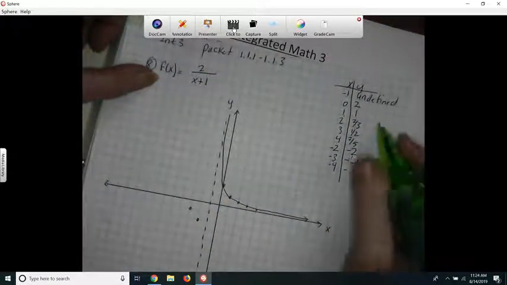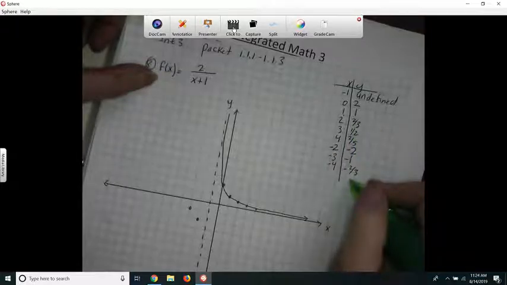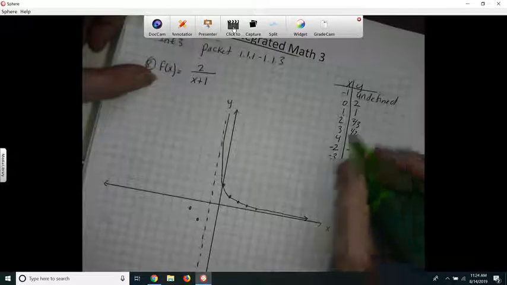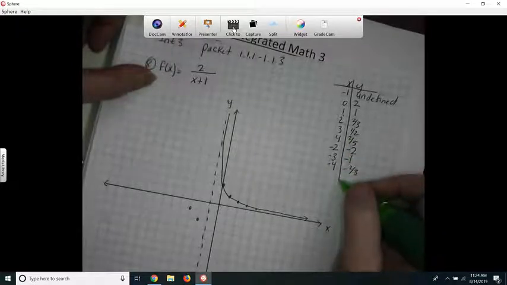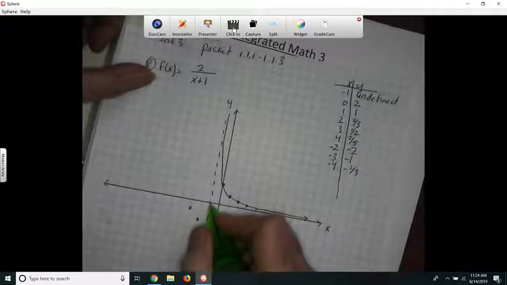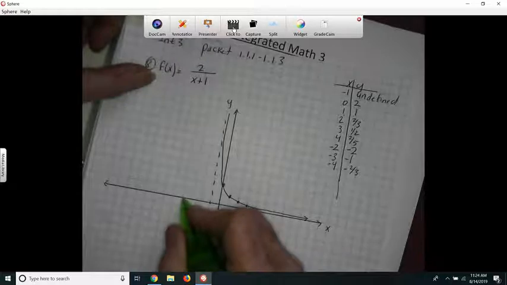So now I think a pattern is emerging. See how it goes 2, 1, 2/3, 2, 1. Thinking that's pretty much just how it's going to go. So I don't think I'm going to keep trying. I'll put this one on. Negative 4 and negative 2/3. But I can see that